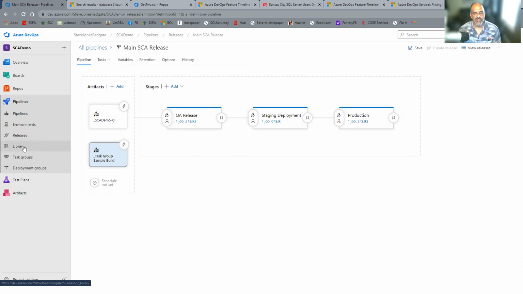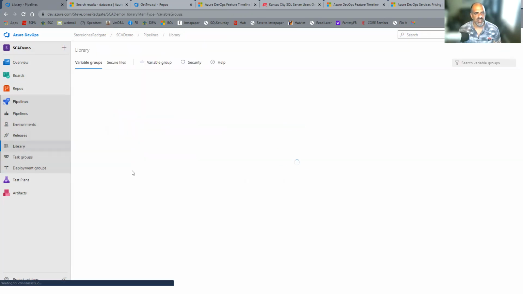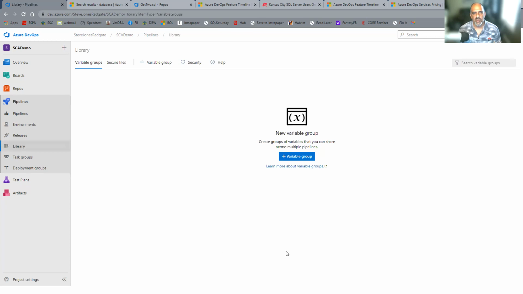Those are the most useful for databases. I'm going to leave that. In the library, I have the ability to do variables that would work across all my pipelines. So if they're common types of things like passwords to production systems or paths, email server names, various things that might be part of my deployments, I can actually set up a group and then use those in different pipelines